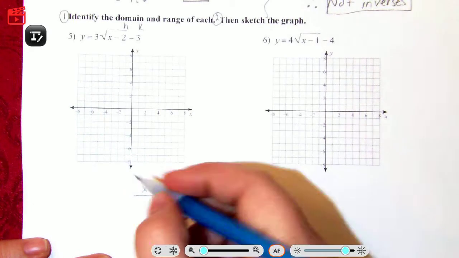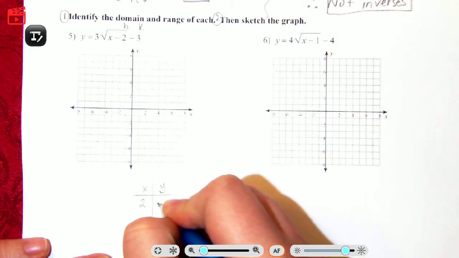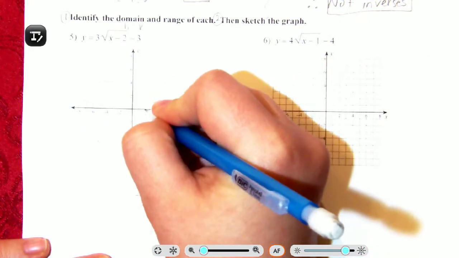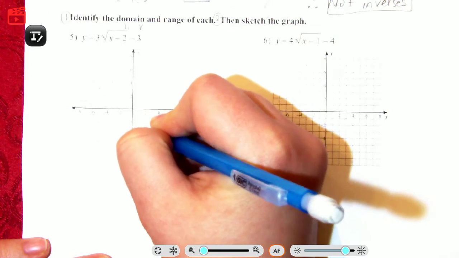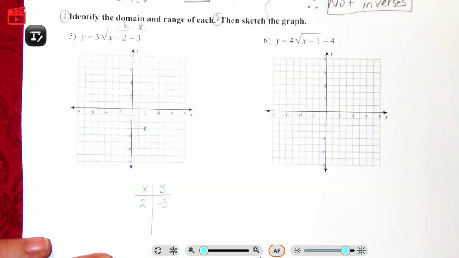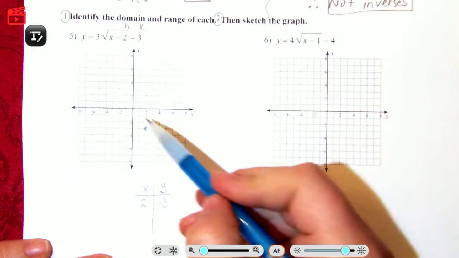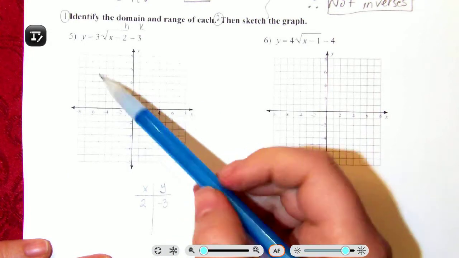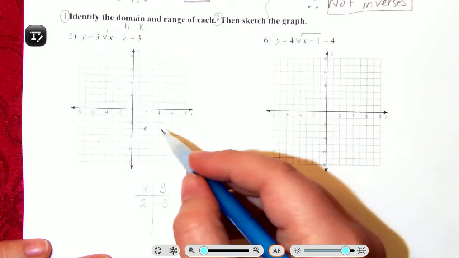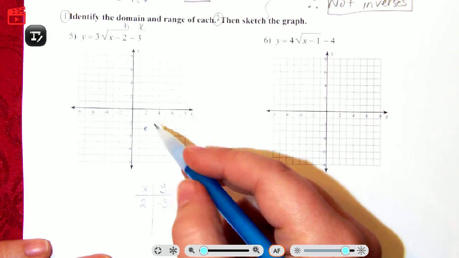So my h is 2, my k is -3. So here's 2, here's -3. That's going to be your endpoint. Now, look at your a value. If your a value is positive, then you know it's going to be an increasing function. If your a value is negative, then you know it's going to be a decreasing function with a reflection across